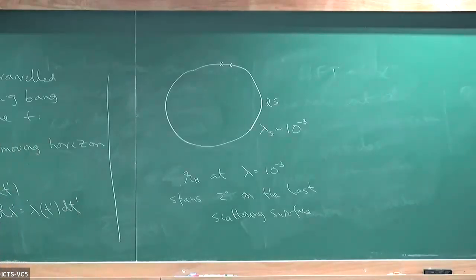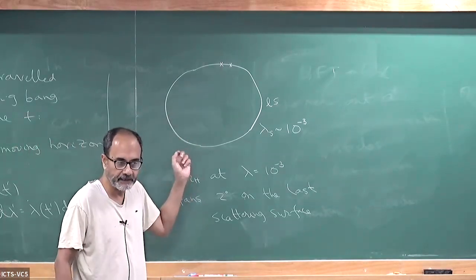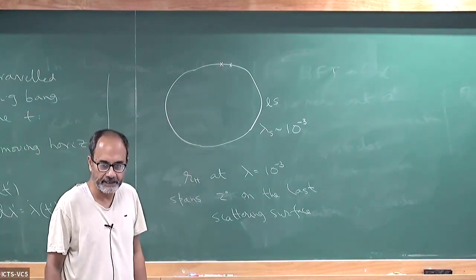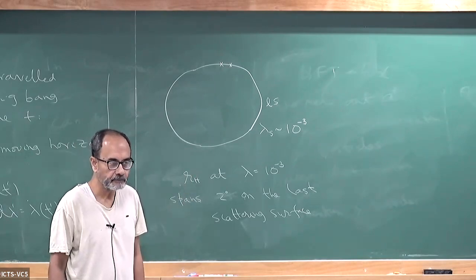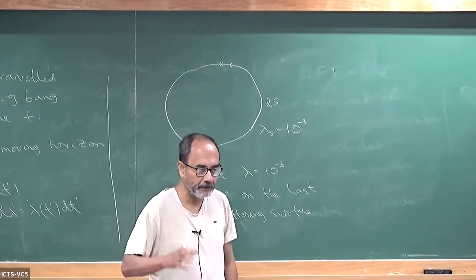But the point now is that thermal equilibrium unifies over small scales, but not over scales of this kind, the far away points on the last scattering surface. So if the standard FRW were true,